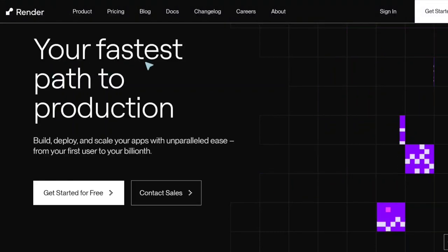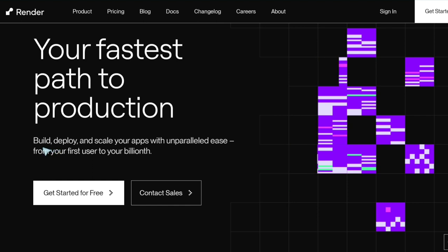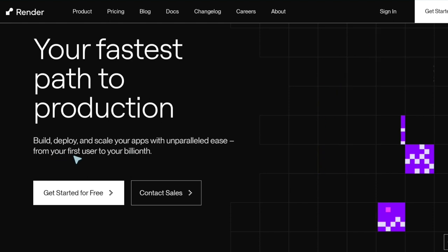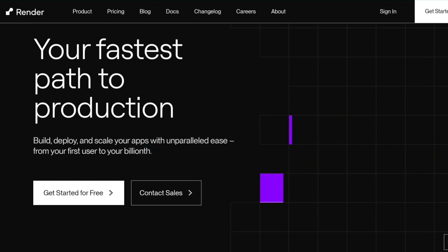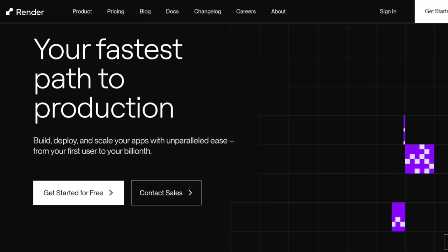Render is a website, a service that allows us to deploy applications to production. Build, deploy, and scale your apps with unparalleled ease from your first user to your billionth. So the question is this: if we already have AWS, Google Cloud, and Azure, then why do we need these